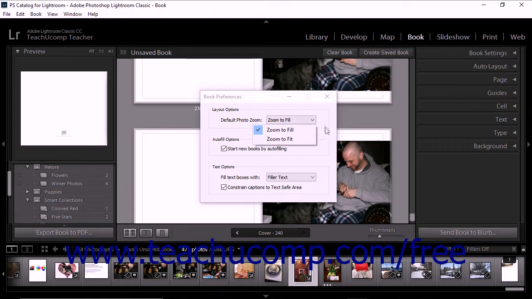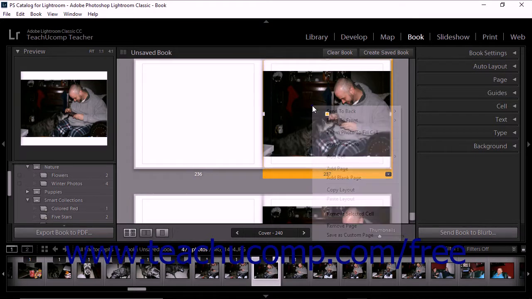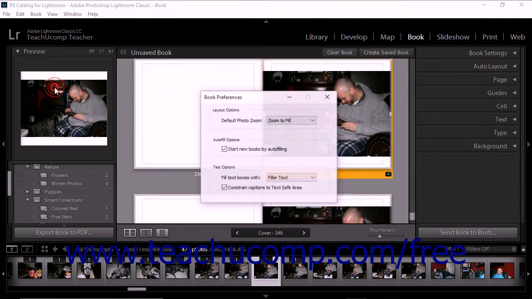To change this default preference for a single page in the book, right-click on any photo cell in the book's pages, and then select the Zoom Photo to Fill Cell command to toggle it on or off as needed. To set whether you automatically add pages to a photo book with the default settings when you open the Book module, check or uncheck the Start New Books by Autofilling checkbox in the Autofill Options area of the Book Preferences